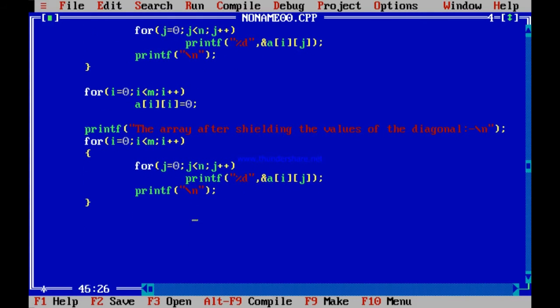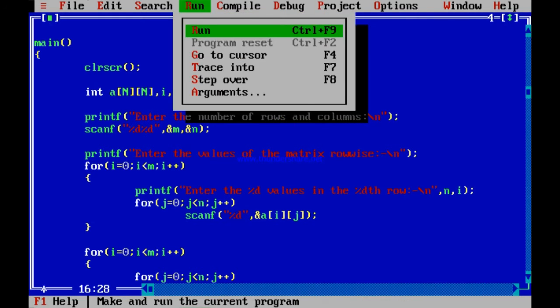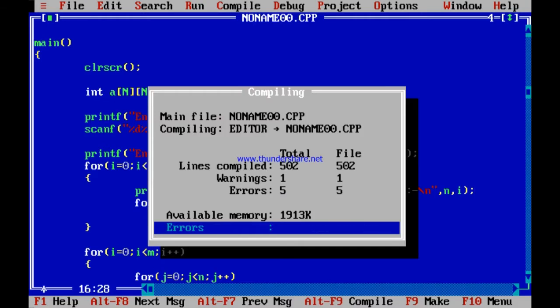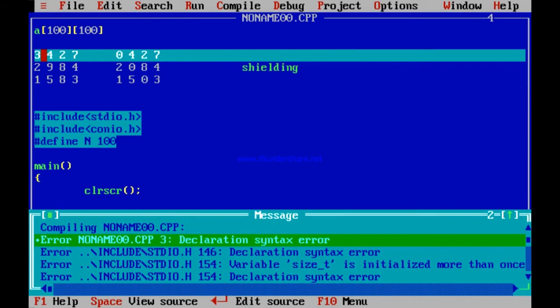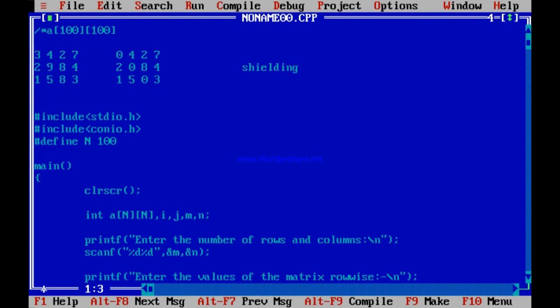So now you can say that your program is ready, and you can run this program and see that what you intended has been done. Let me run this program. I, j, m and n need to be declared. Yes, they are all declared. In fact, an extra variable sum is declared which you don't need. Let me run it now. Alt R, enter. 5 errors. What errors? Oh, okay. I just did not comment this portion, which is again needed, very much needed.